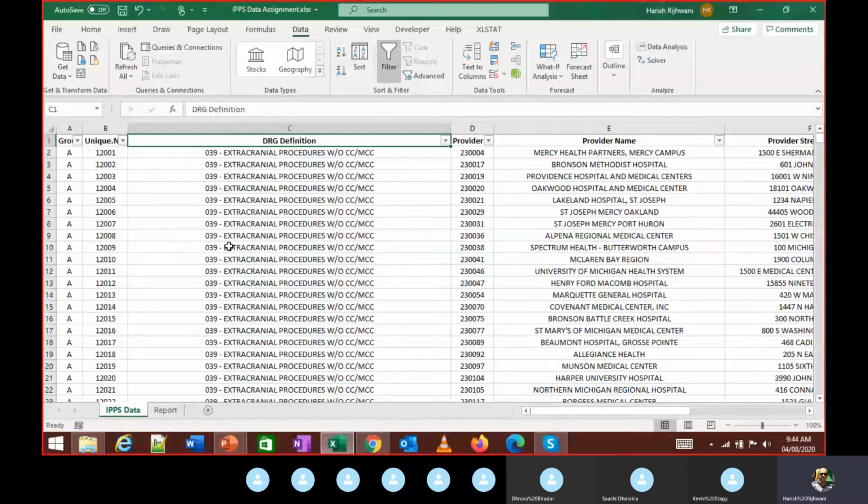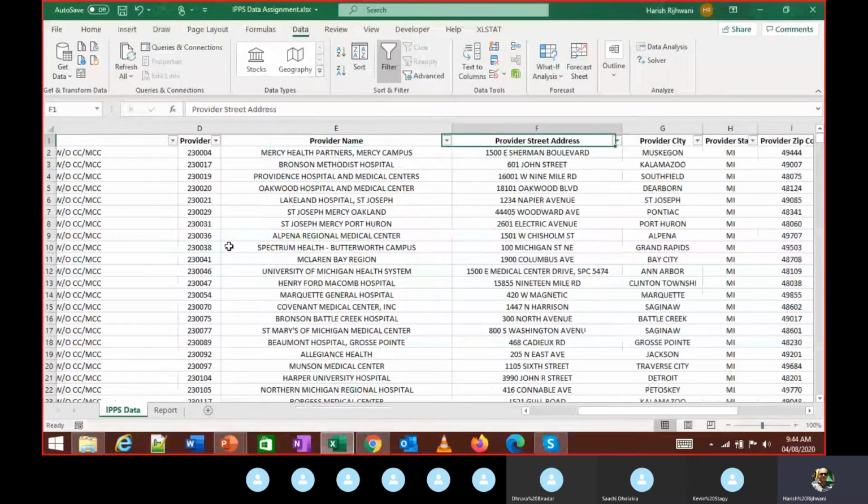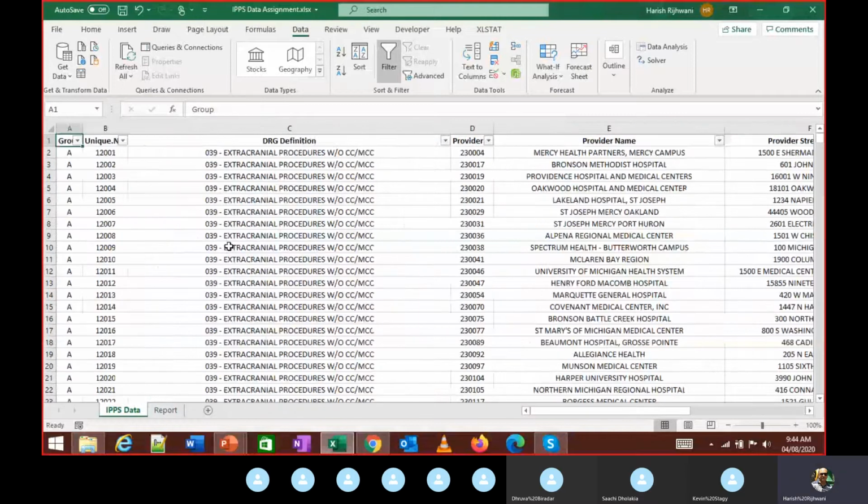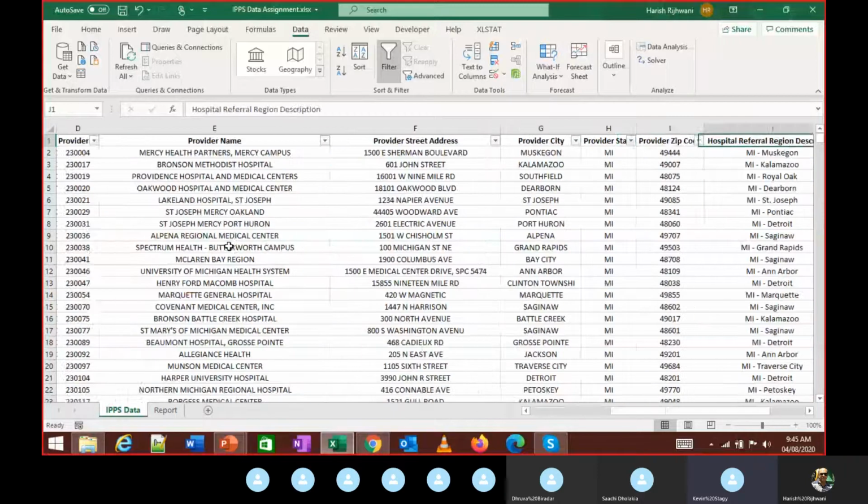Any other column which you do not understand, or are all other columns pretty much self-explanatory? Sir, under hospital referral region description, what is MI?